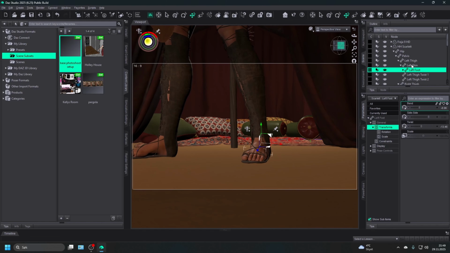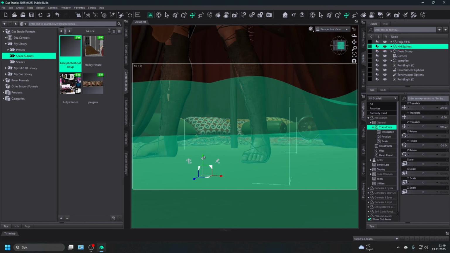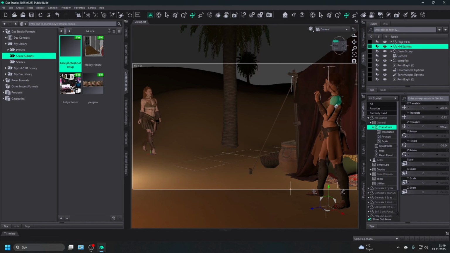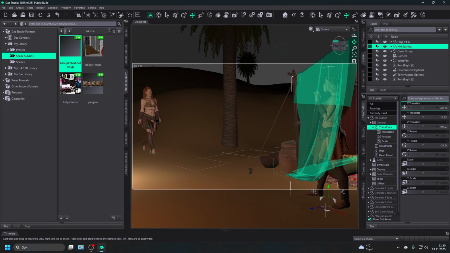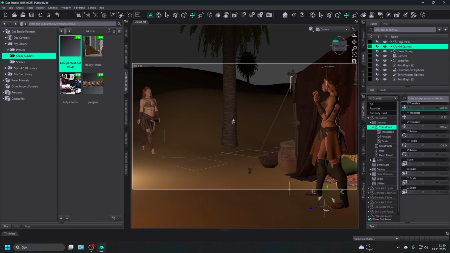Like so. Like, you're not gonna see the feet, so it's not that biggie, but it was annoying. So now we can position the camera a little bit better and see if I can